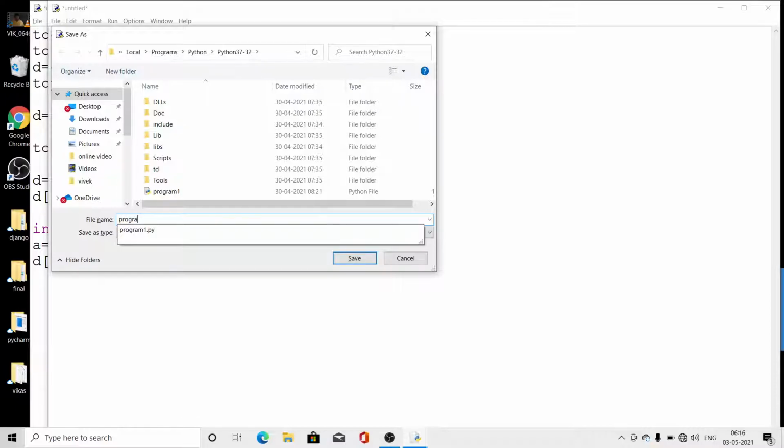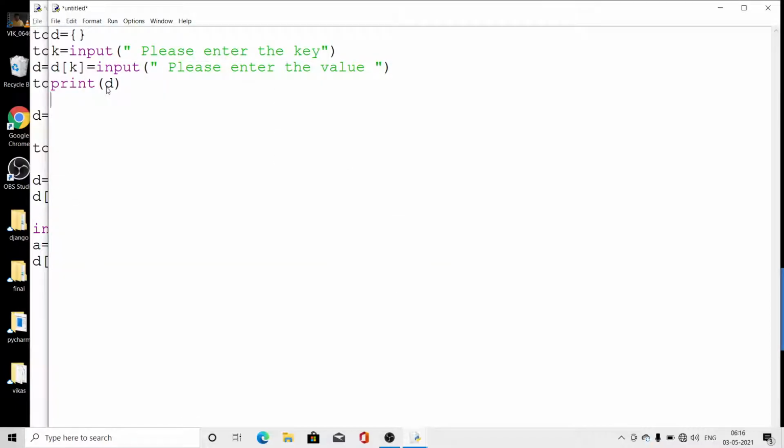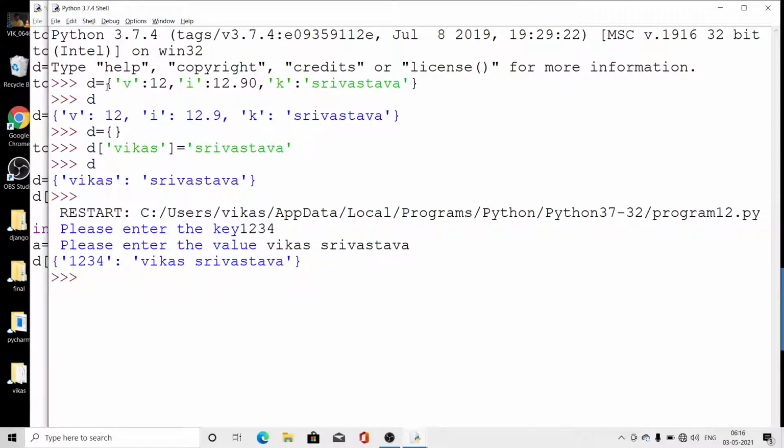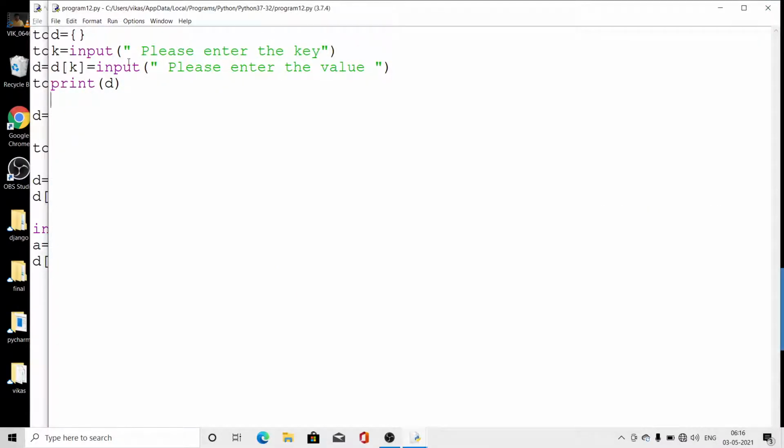I run this program with F5. It asks for the key, I have given 1 2 3 4, and it asks for the value, I have given Vikas Srivastav. Now look here, understand? So a dictionary we can define with the help of input also. Input we have to take like that.